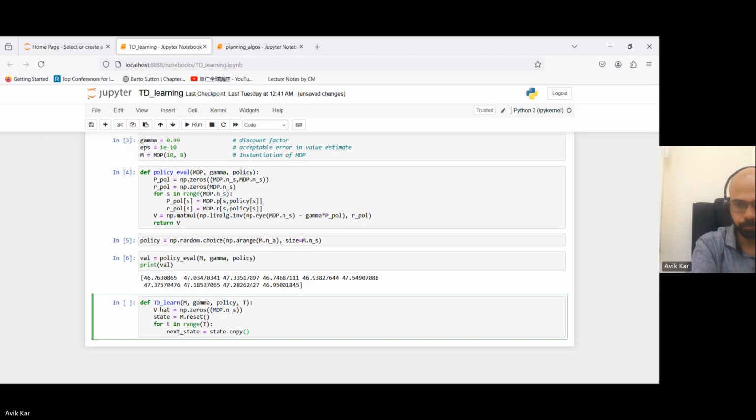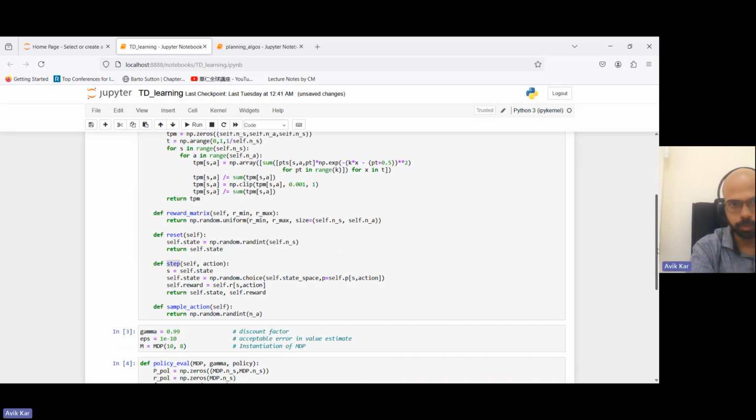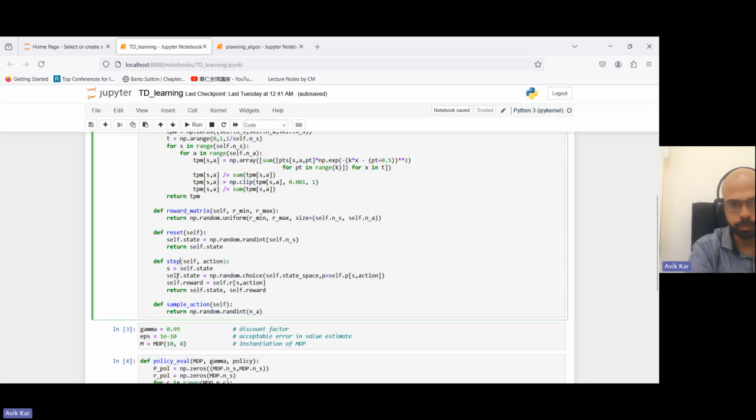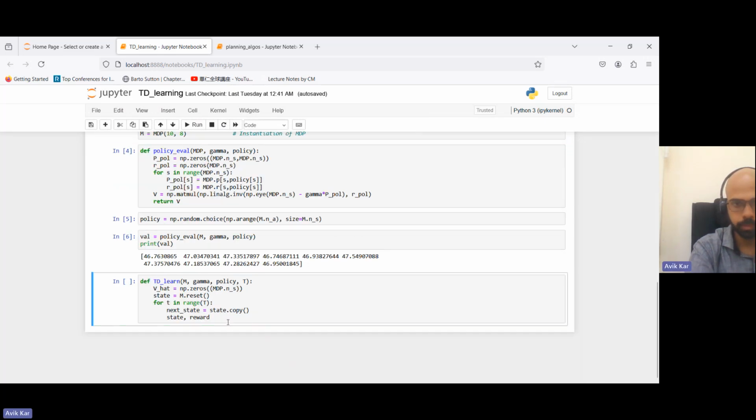And then we save state, reward. The step function is returning state and reward. That is equal to m dot step of state, action. Action is specified by the policy, right? So policy